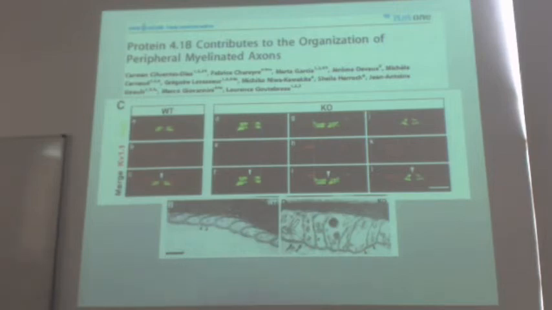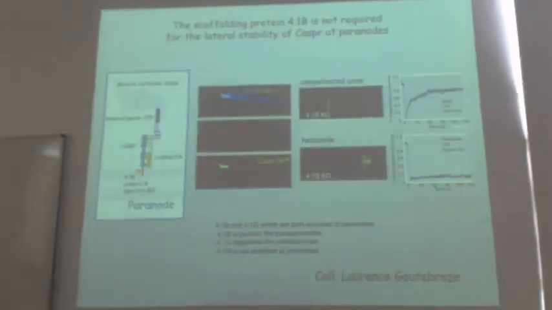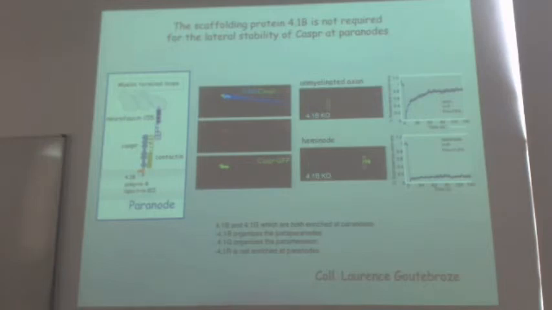So we tested the knockout mice for 4.1B for the mobility of Caspr at paranodes. And this is the immunostaining here for 4.1B in the myelinated axon. You can see that it is strongly recruited at the level of the paranodal junctions. In unmyelinated axons, the Caspr GFP is strongly mobile, as in wild-type animals, and also as in wild-type animals, Caspr recruited at the paranodal junctions remains really stable. The mobile fraction is around 11%